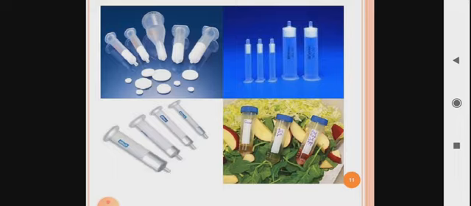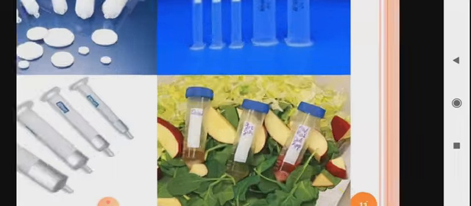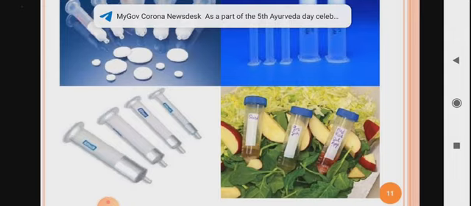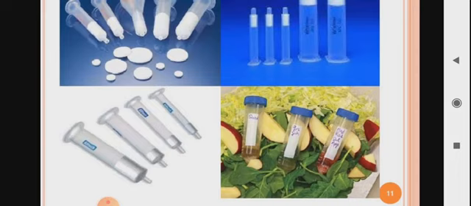So see, these are the pictures or diagrams of the cartridge, and here see these three plastic vials that contain the sample preparation. When we pass that sample preparation through the cartridge, we may separate out the analytes from the mixture using that syringe-shaped device, which contains adsorbent, that is silica, alumina or any other suitable material. Forcefully the sample is passed through that syringe, and we can separate out or collect the analyte.